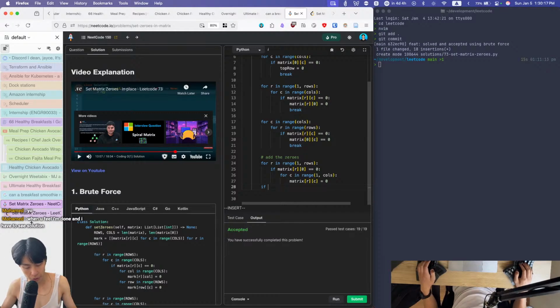If for C in range of cols, if matrix of the current row being the 0th row and the current column being C is equal to 0,